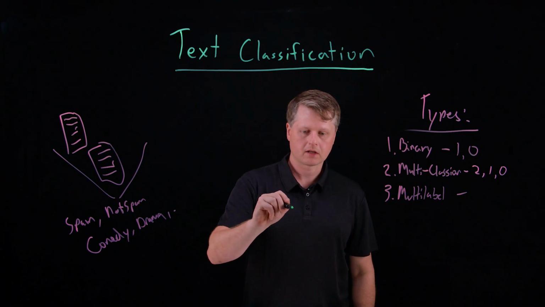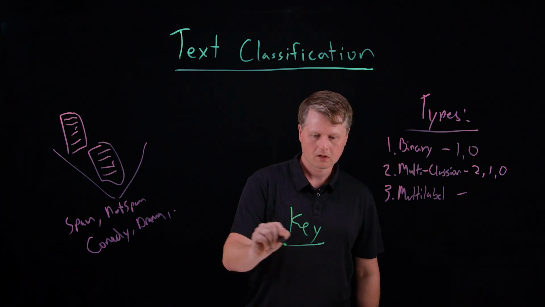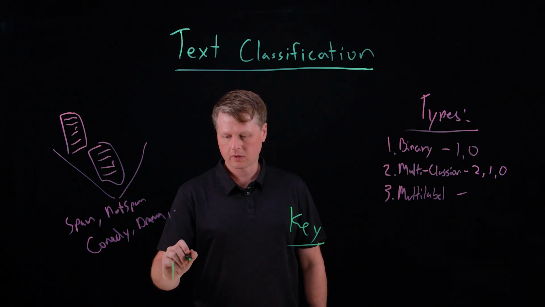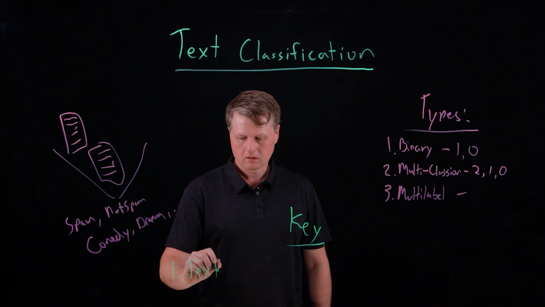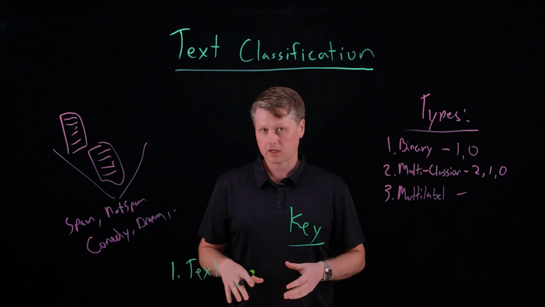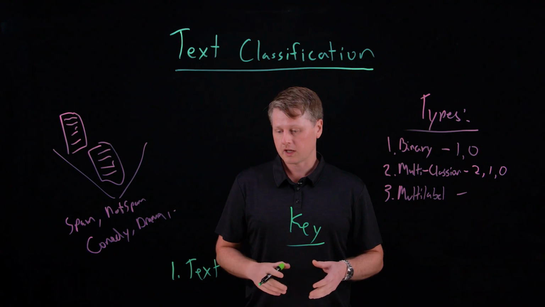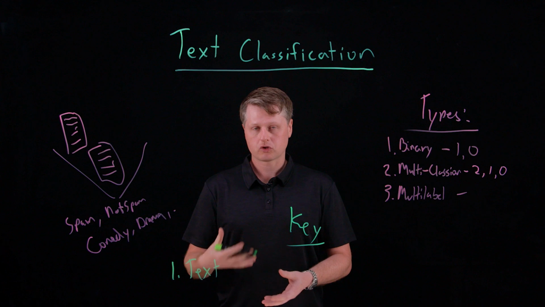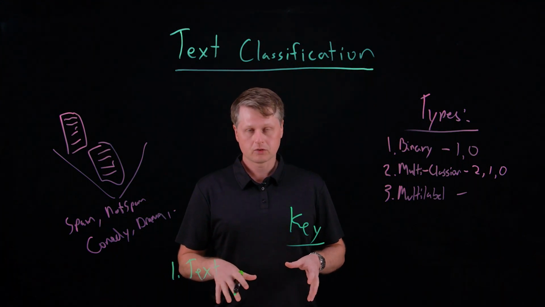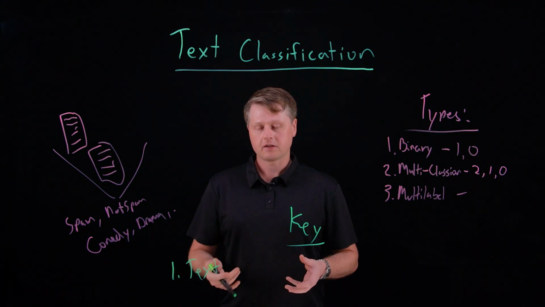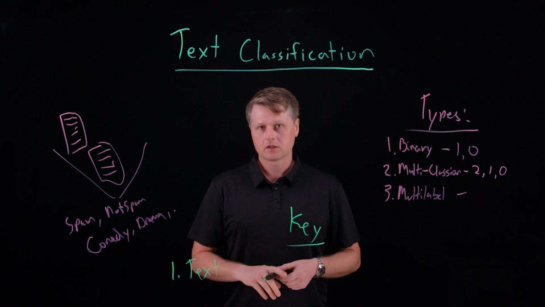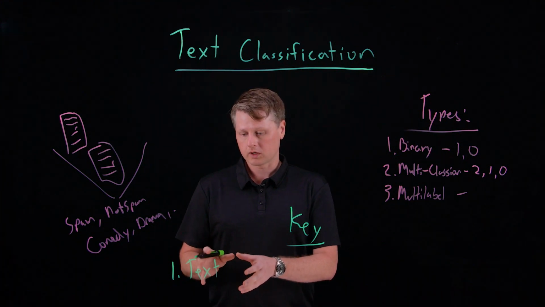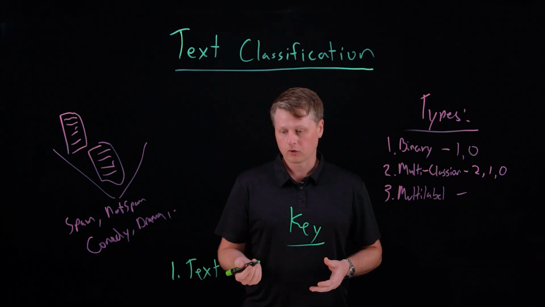Key techniques of text classification. There's 4 key techniques. So the first one is, how do you handle the raw text? Most of your time is spent preparing and pre-processing the text, and you usually do that in scripting languages such as Python. So you take the raw text, you extract it from the document. Depending on your use case, you remove periods, hyphens, apostrophe S's, that sort of thing. It all depends on the use case. But again, this is where most of your time is spent, pre-processing that text before the next step,